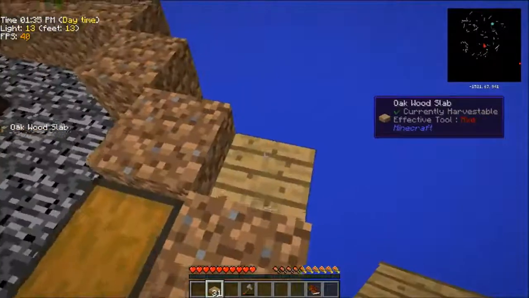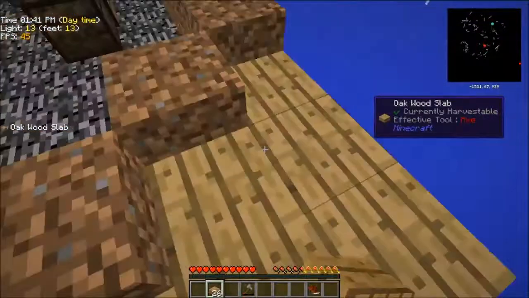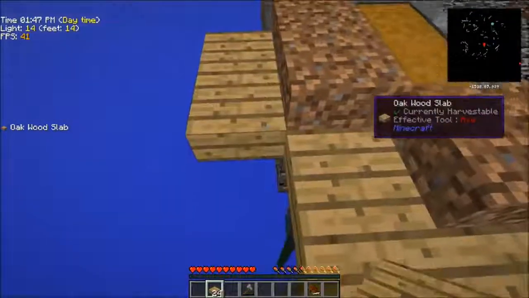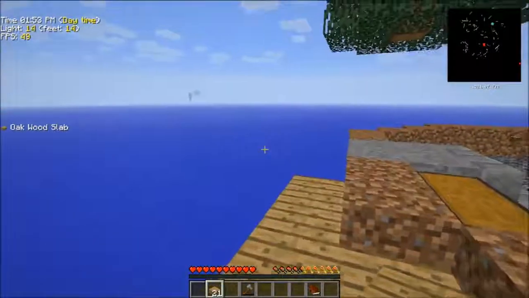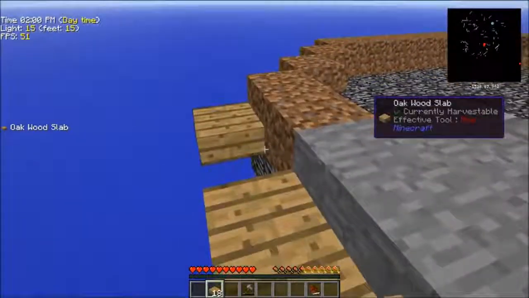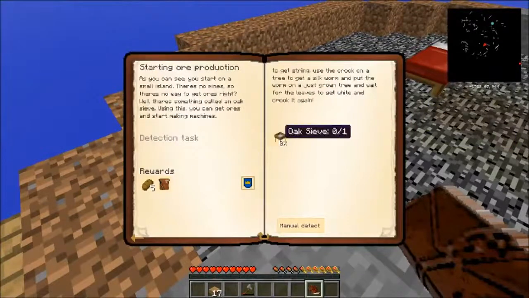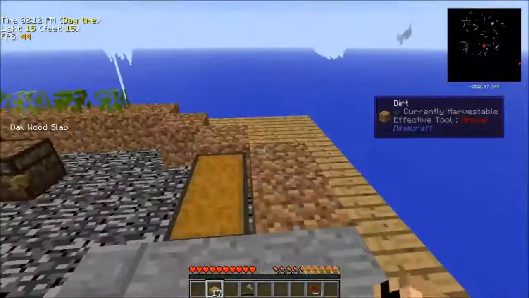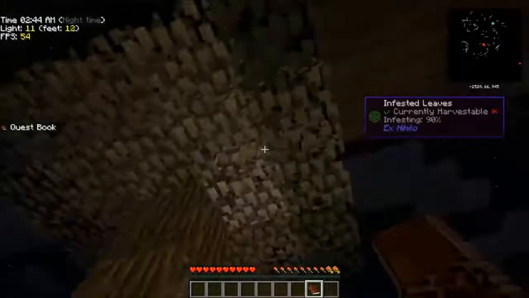Because we need to expand the hell out of this little world of ours. You can see I planted the berries. I'm desperately holding my finger on shift right now. I want to expand this guy out so I can tear these trees down. Because one of the next quests that we got to do is to build an oak sieve. For that we need silkworms and at least another tree. So while we're sitting around waiting for this thing to finish infesting,